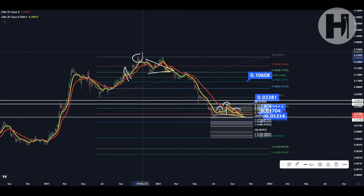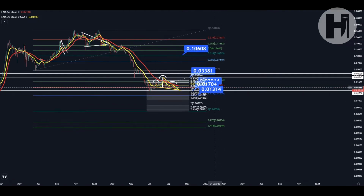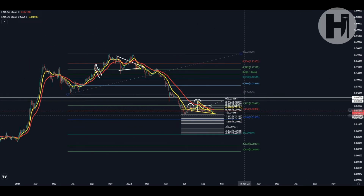So you have two highs here, a double top, so you can start the fib from either of those highs, and you have this low here. And obviously you have the 1.618 here at 0.01309. And if I just remove all of the price tags here so that they're not blocking the prices of the levels, you can see that we have our 1.618 Fibonacci target here at